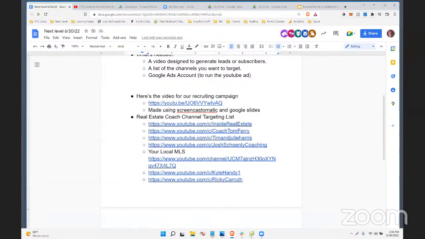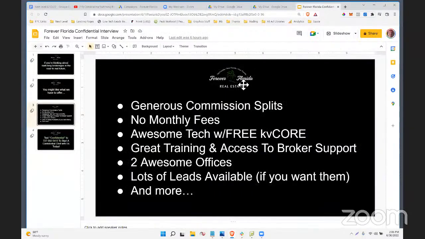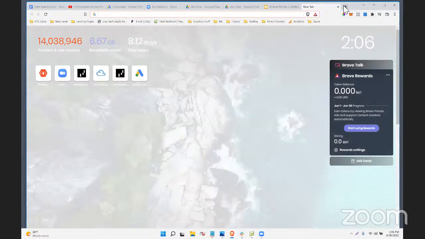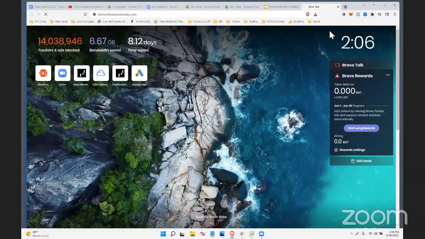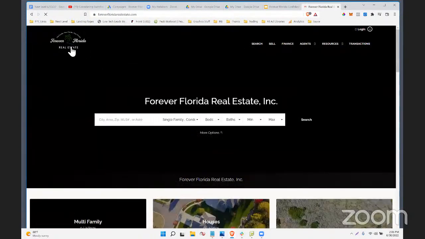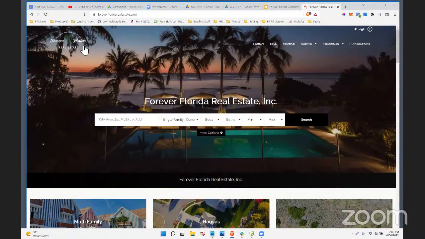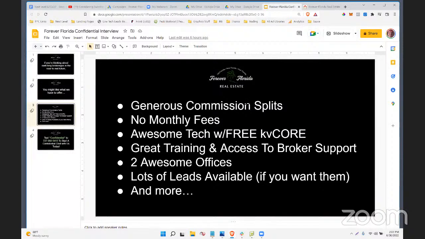So Will's asking, is black your background color of choice? I usually use white or black just because it's easier. In this case, I use black because a lot of Forever Florida stuff is black. Before I started doing any kind of marketing with them, she already had kind of this motif going. And she has white too. But what I did was I went to foreverfloridarealestate.com and I was like, where can I grab the logo? I grabbed the logo. I was like, oh, it's a white logo on a dark background. So it'd be easier if I made the background black.